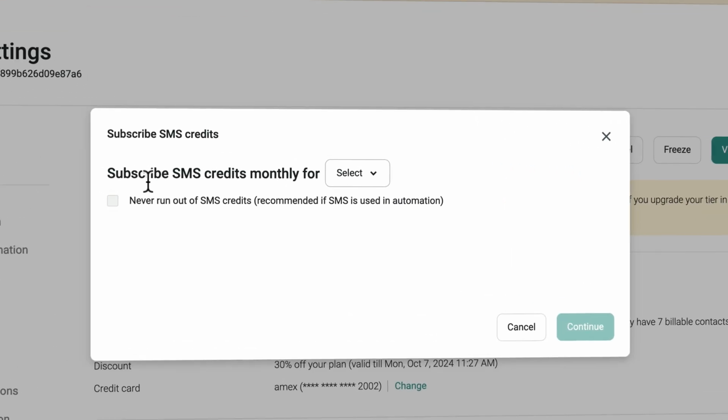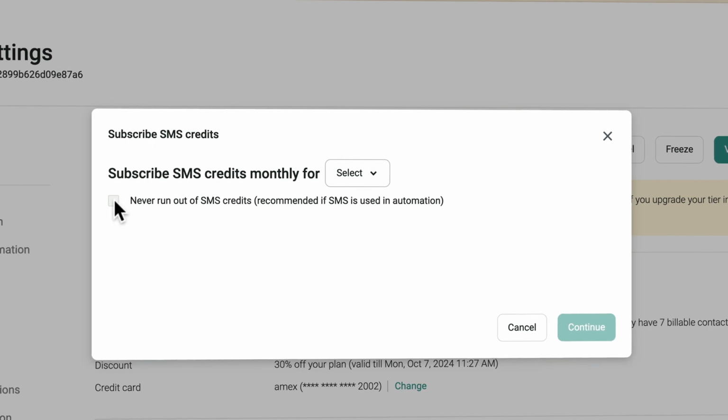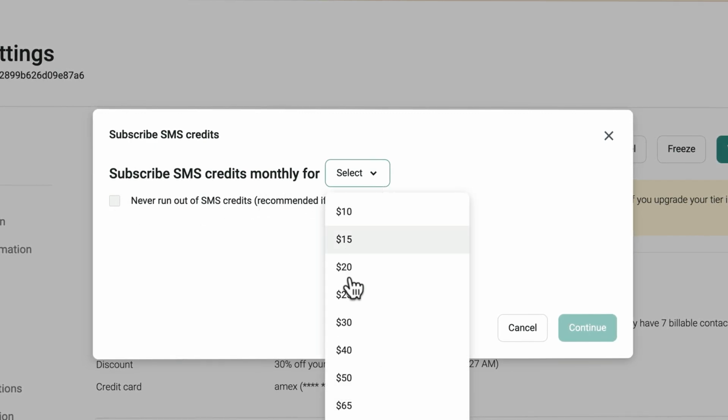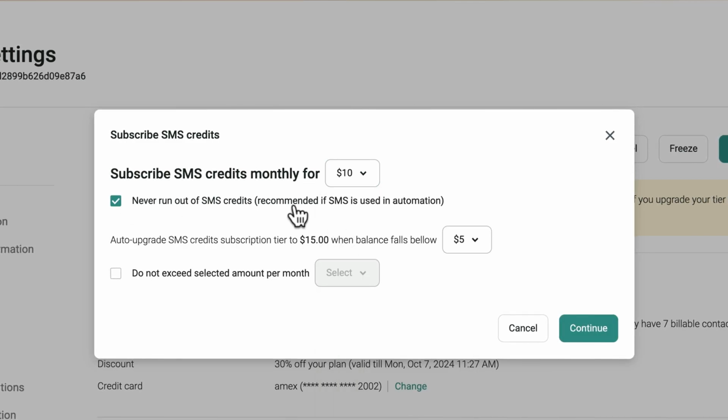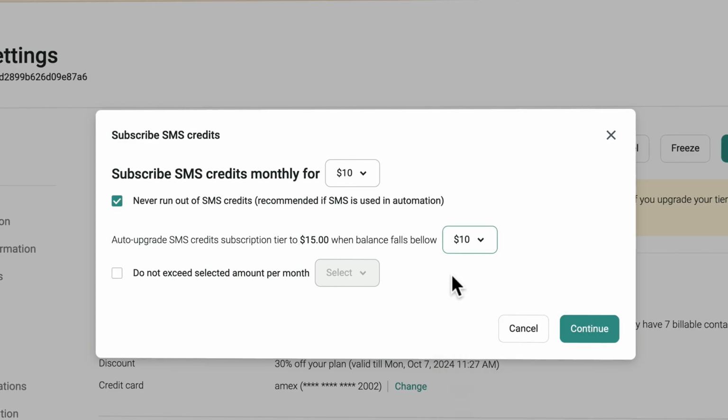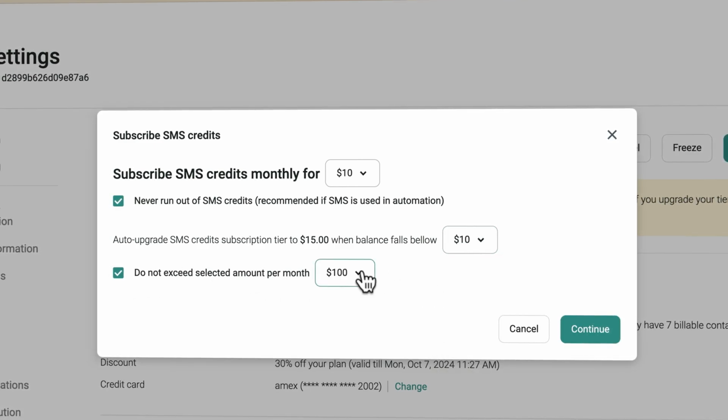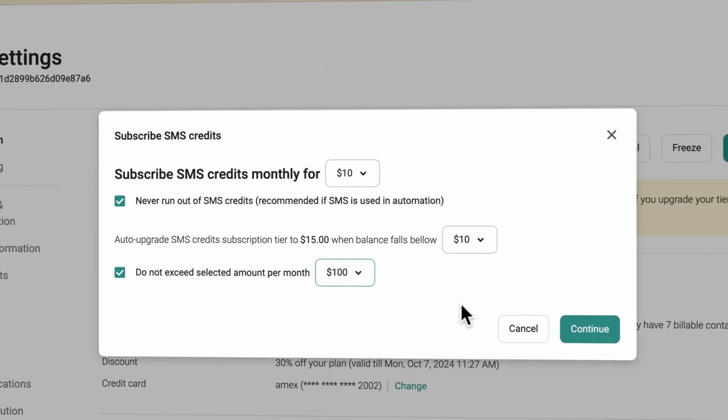And I can decide how much I want to have over here. I can also say never run out of text credits. So I can turn them on so they will automatically be added. So I could start with $10 per month and then say, okay, when I need more, get more for $10, with a maximum of $100 per month.